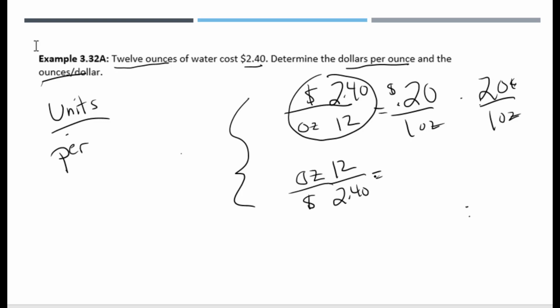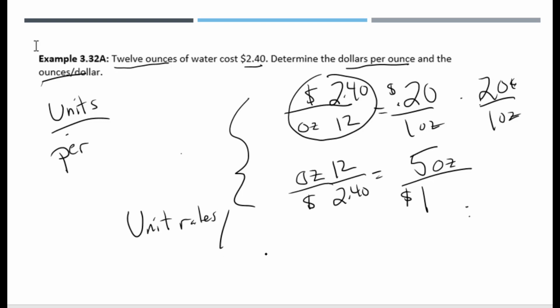So I'm going to go on my calculator and go 12 divided by 2.40. And when I divide this on my calculator, I get 5. That's what I get. 12 divided by 2.4, I get 5. What does that mean? All right. And this is the whole idea of units. What that means is 5 ounces per $1. So these are really called unit rates,